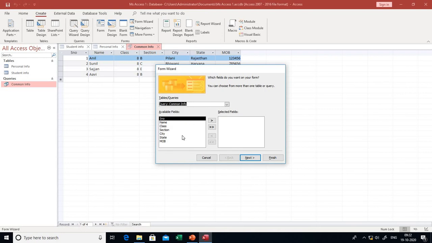In this second section, it shows how many fields are available in this particular table, with all the field names. In this table there are 7 fields available: serial number, name, class, section, city, state and mobile. Through the add or remove button, you can add or remove the field name.